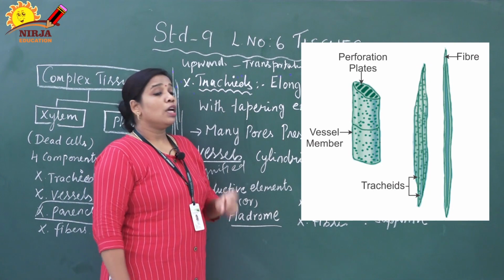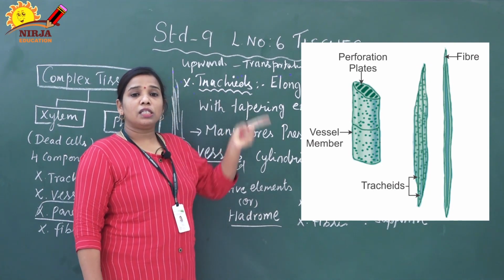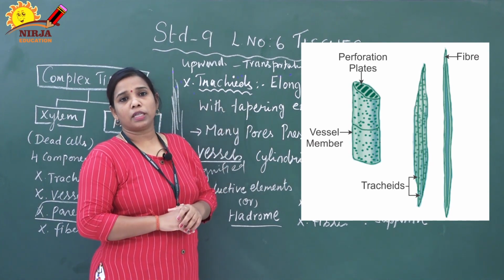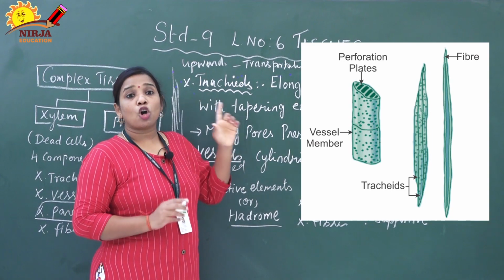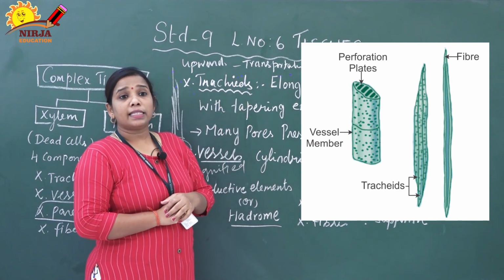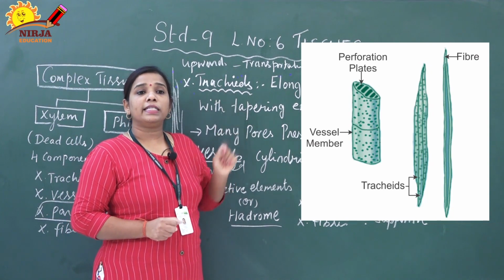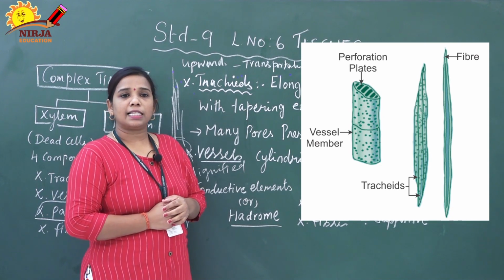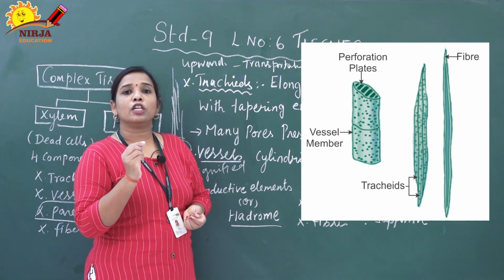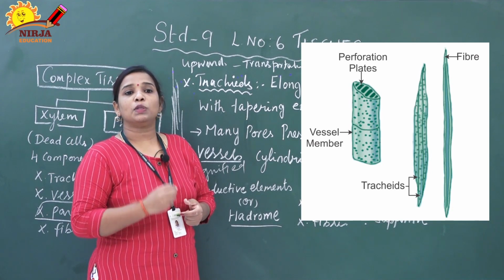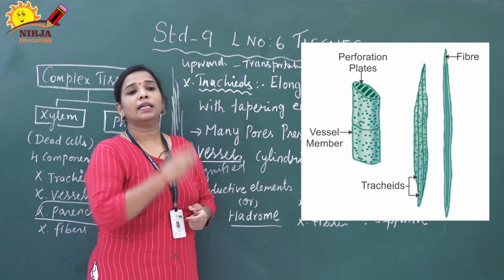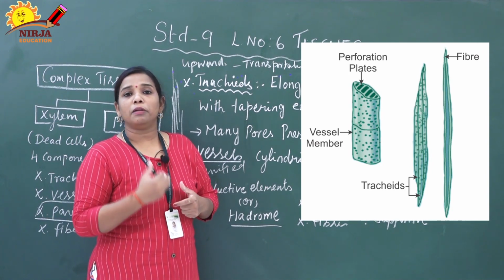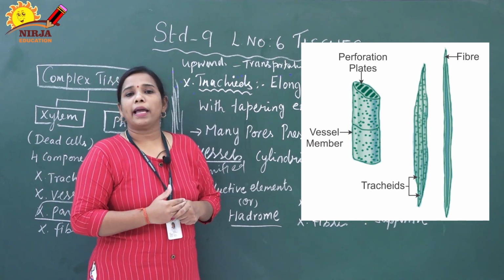The xylem tracheid is a long tube-like structure. Both sides are closed, so there is no opening at either side, and this is called a tapering end, a sharp end. At the same time, you see the surface of the tracheids has small holes. Those holes are called pits. Pits means a softened area having small pores. These pores transfer the water and minerals inside the tracheids. So these tracheids transfer the water and minerals vertically through the plant body.